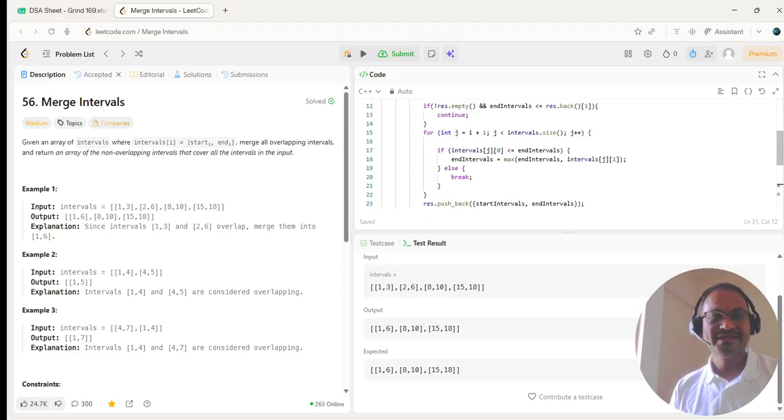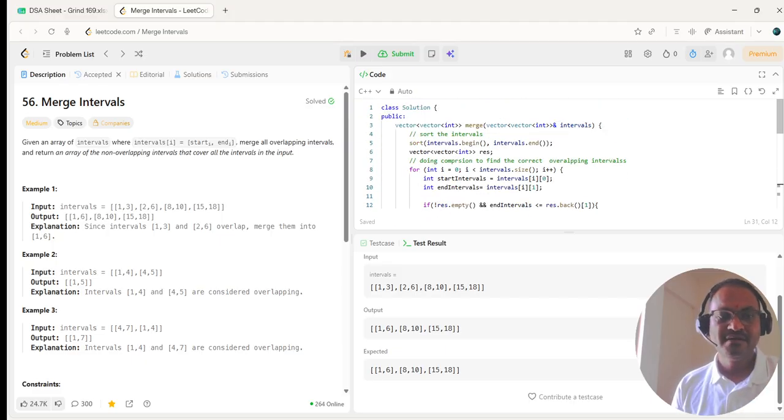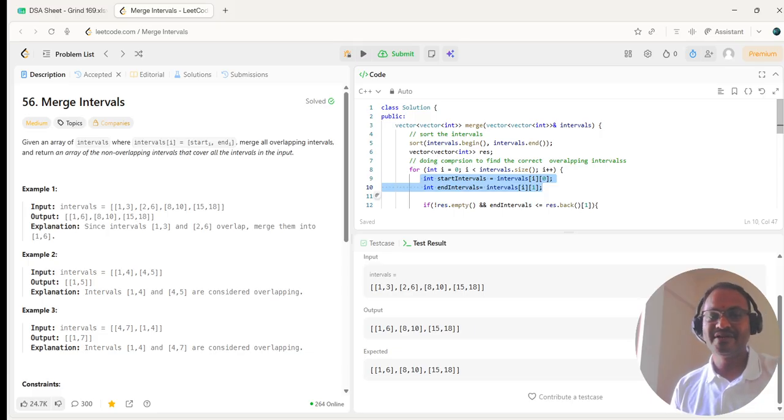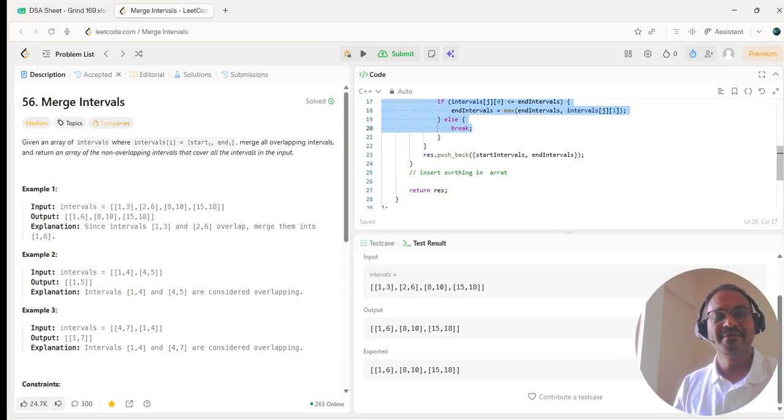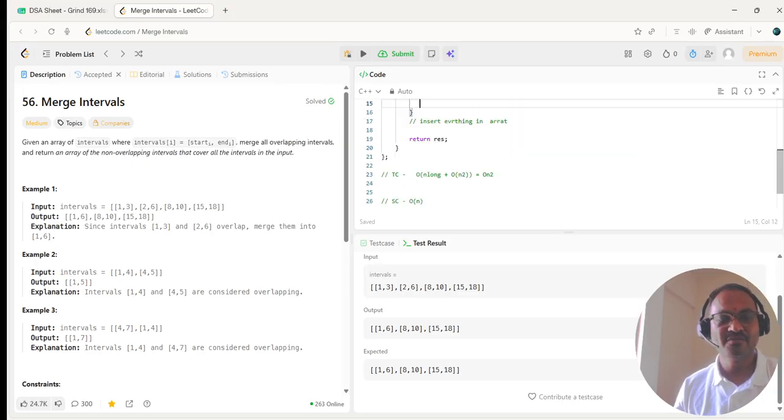Now moving along with the optimization. What we did was comparison for each and everything. Does it actually require comparing every element? I don't want to do the iteration comparison for each and every element. I can easily get rid of that. So what I will do,